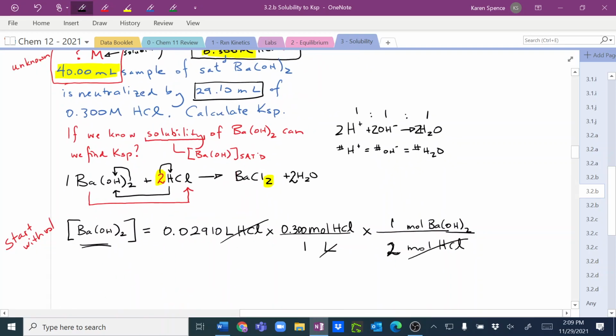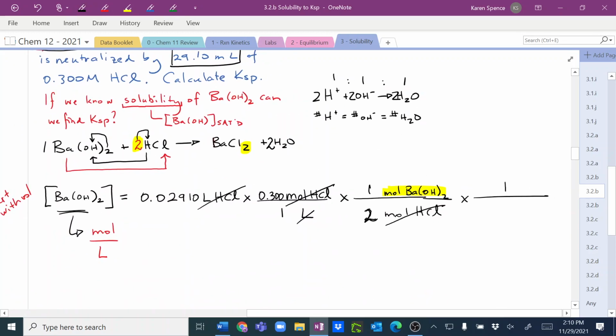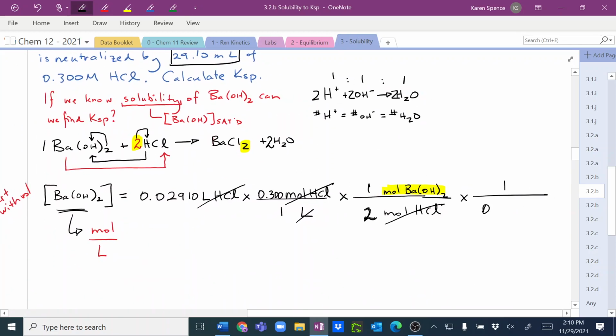All right, and then finally, I want to find concentration. What is concentration measured in? Moles per liter. I have moles. How am I going to do per liter if I want it all in one line? I'm going to put 1 over the volume. Yeah, 1 over the volume, and the volume of the barium hydroxide is, going back up here, there it is, 40 milliliters. 0.0400 liters,